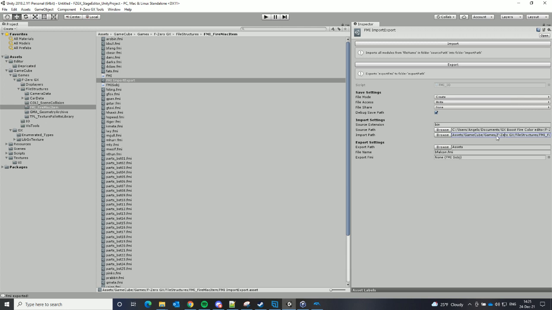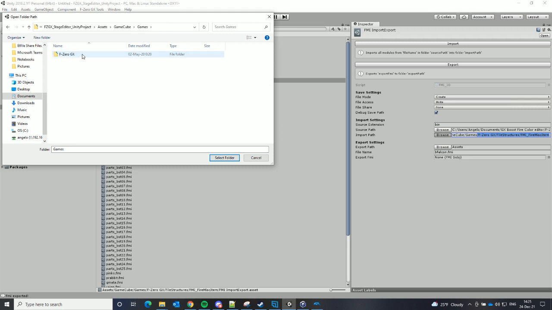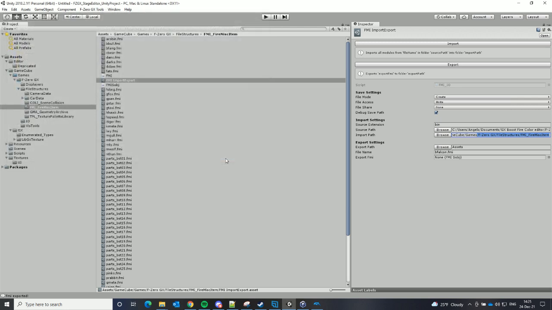And for this import path folder, you need to select this path over here. So let me show you in case you don't have this set up yet. So you click on browse, you go to assets, GameCube, games, F-Zero GX, file structures, and select this folder here. And then under export settings,